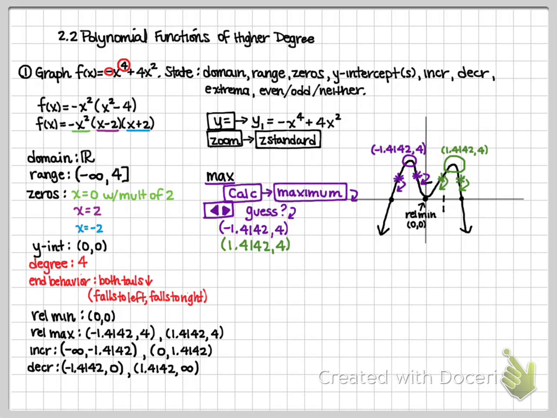All right, last thing we need to do, I think, is even, odd, neither. So to do even, odd, neither, we can just take a look at the graph, and I already think I know what it is. But let's go ahead and do the algebra part of this. So take my original function that I started out with,